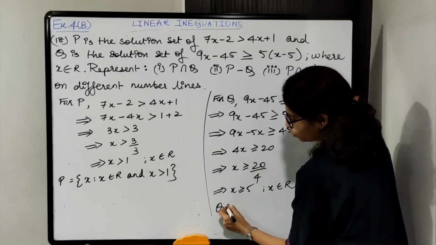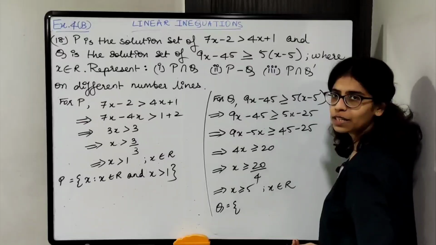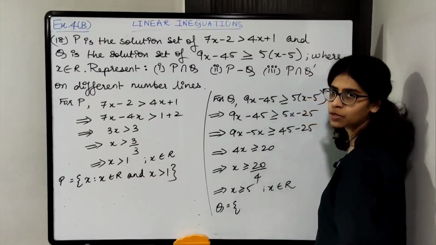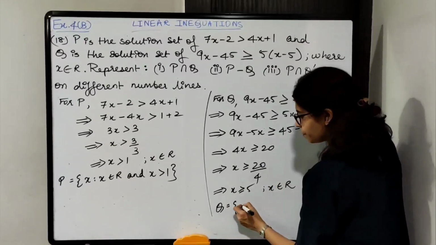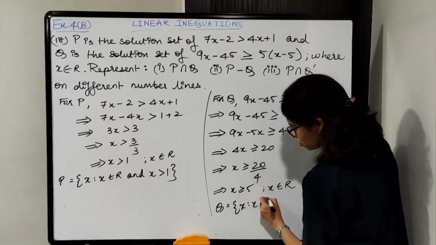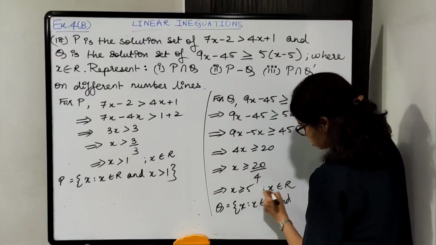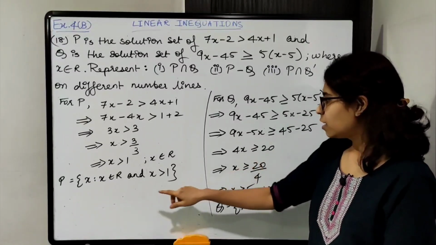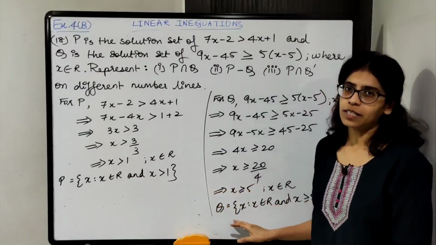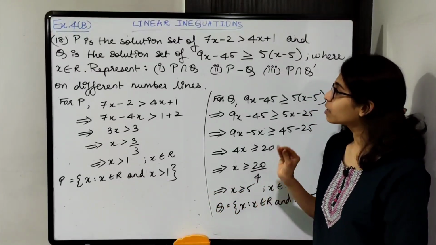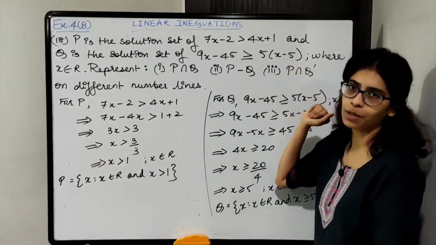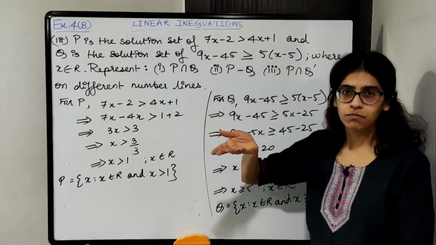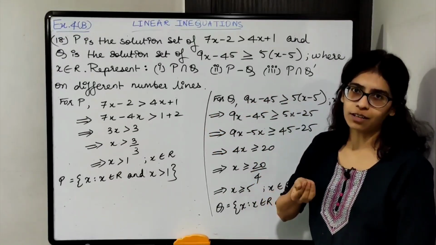So Q सेट बिल्डर फॉर्म में लिखेंगे because x belongs to the set of real numbers. यहाँ पे भी it belongs to the set of real numbers, so you write it in set builder form. So x such that x belongs to R and the condition part x is greater than or equal to 5. Now we got the sets P and Q. Now we'll find out first part, second part and third part. First part में we need to find P intersection Q, that is common. P and Q में common क्या है?